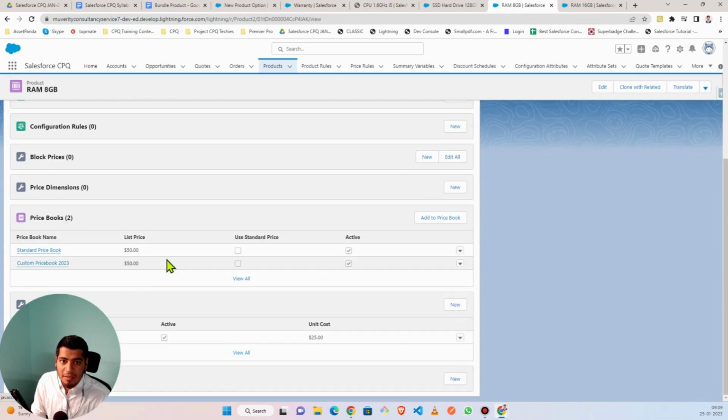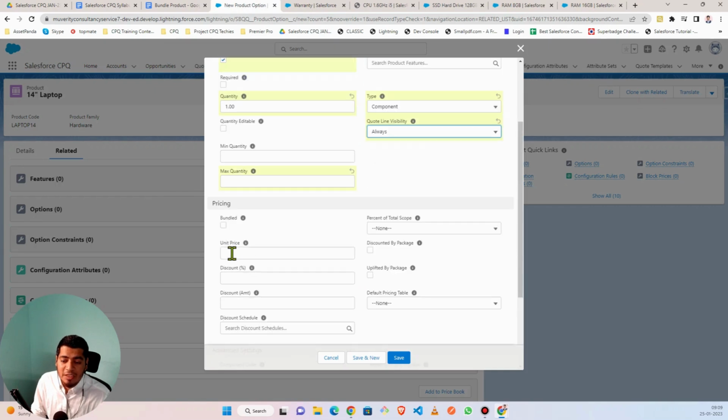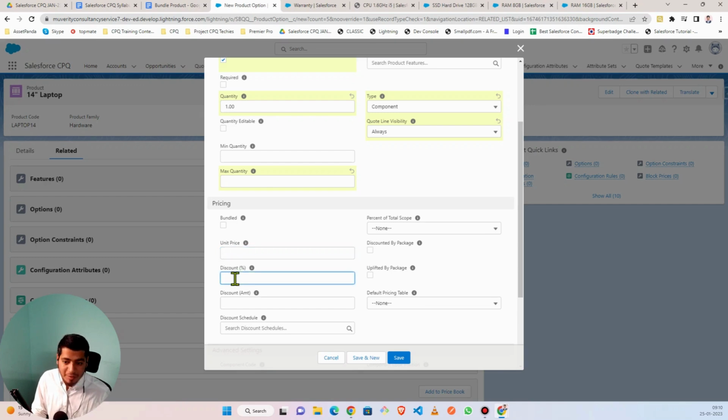The $50, right? But again, you can define your own unit price for this particular product option. Now, if I'm selling the RAM 8 GB as a single product, my price is $50, but I want to offer a discount on this. So I can decrease the price directly here,